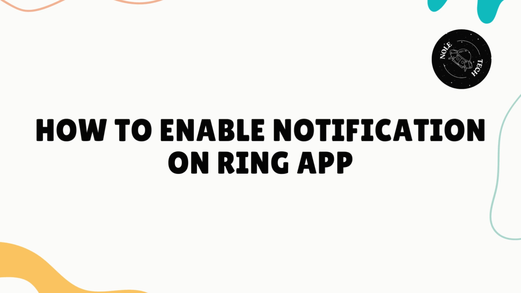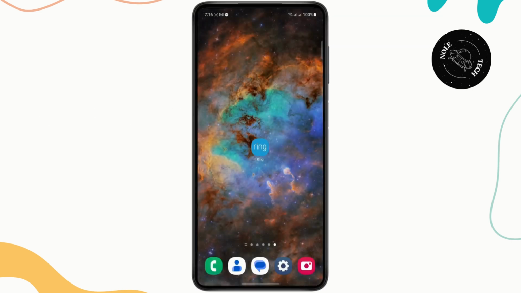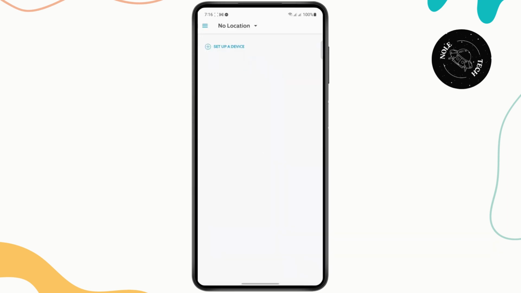How to enable notification on the Ring app. What's up everyone? In today's tutorial, I'll be showing you guys how you can easily enable notifications on your Ring